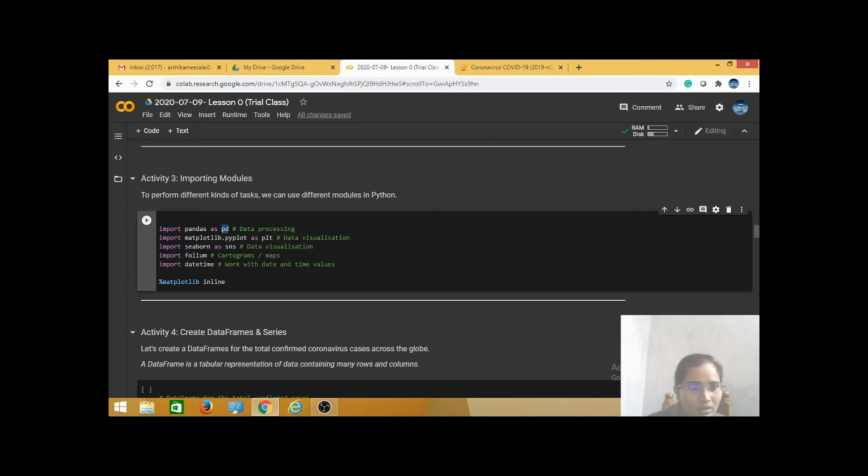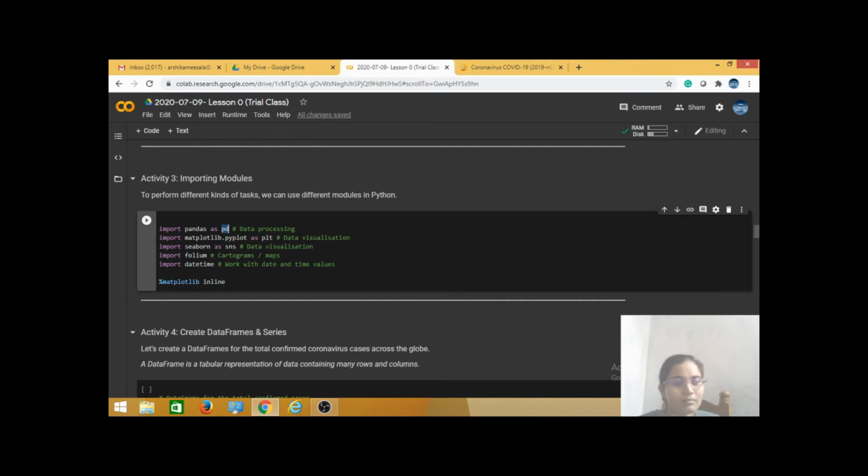And the next module we have is seaborn as sns. Seaborn is also used for data visualization, and it also supports many mathematical functions like square root functions, graphical functions and geometrical functions. Every function is supported in this seaborn. That's why we are importing this seaborn module.